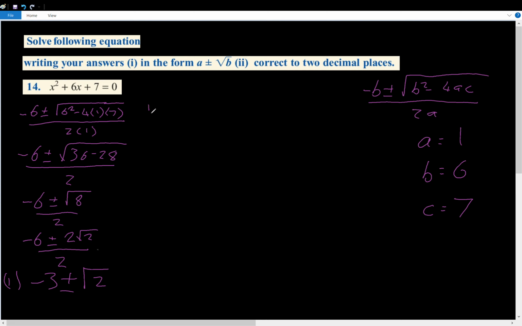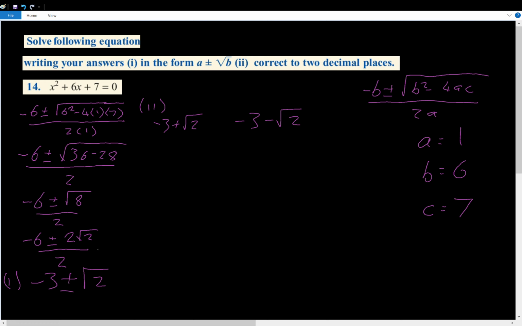For our part 2 answer, we've actually got to work that out. So we're going to have minus 3 plus root 2, and we're going to have minus 3 minus root 2. And in order to do that, we're going to need to get our calculator out, because there is no shorthand way to get the square root of 2. It just doesn't work that way. So we're going to go to our calculator, and we're going to have